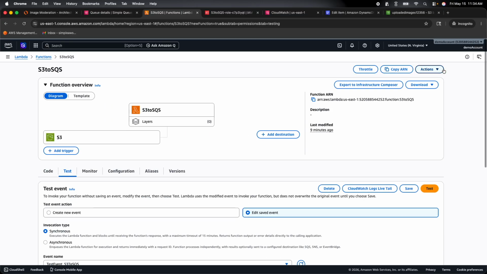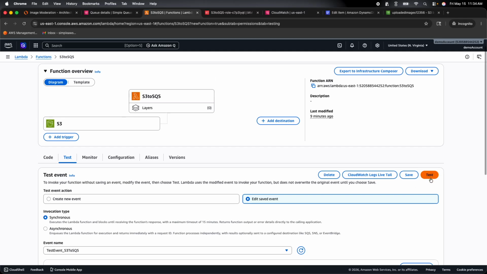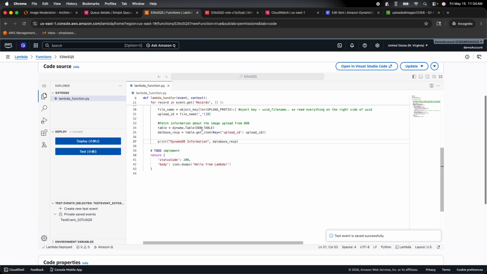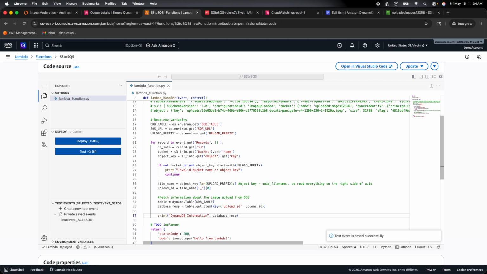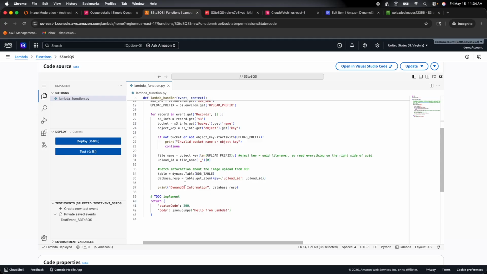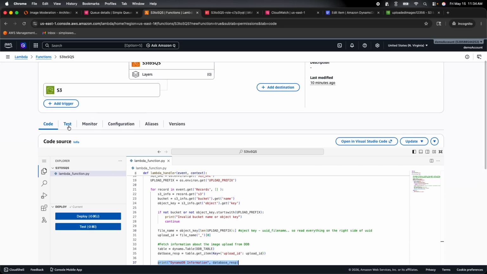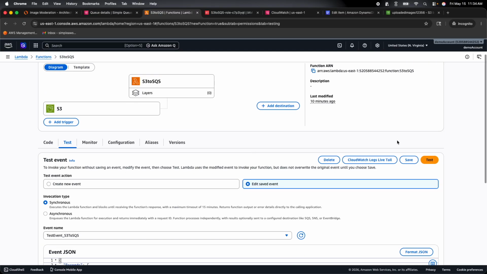I'm just going to close this and I'm going to click on test. So our expectation is once we click on test, this code will execute. This code will read the information from the S3 bucket for that file that we specified, this file, right? It will go to DynamoDB table and read the information from there, and it will print whatever response that it gets in our CloudWatch logs. So let's see if it is achieving all what we expect it to do. So click on test